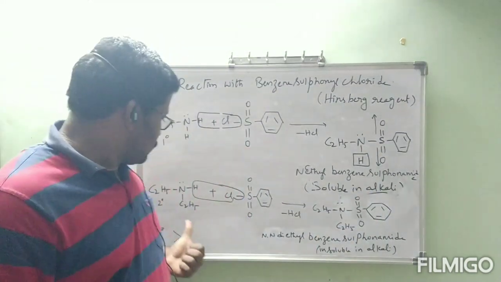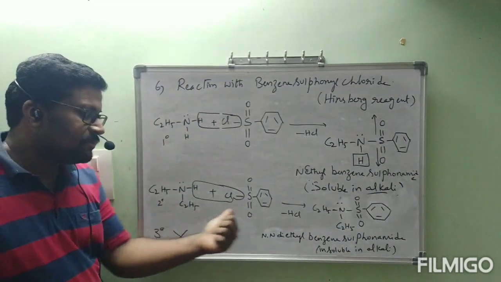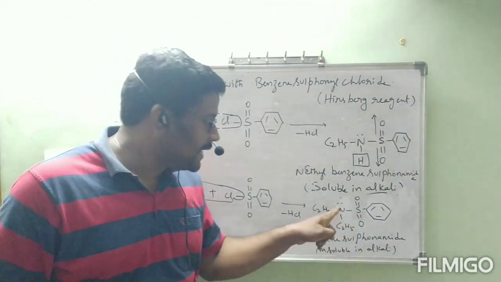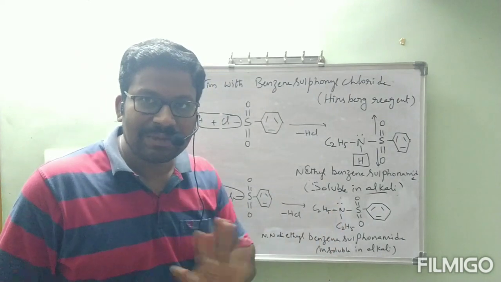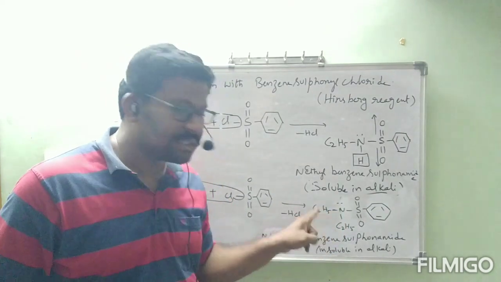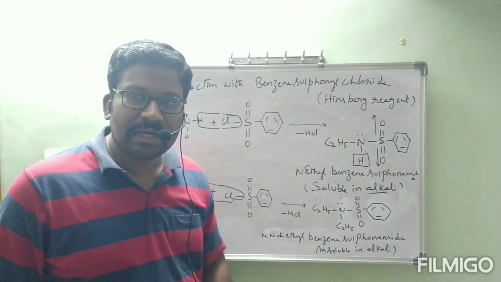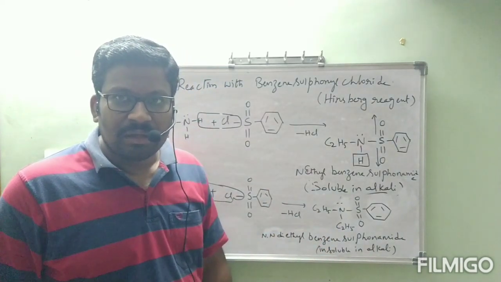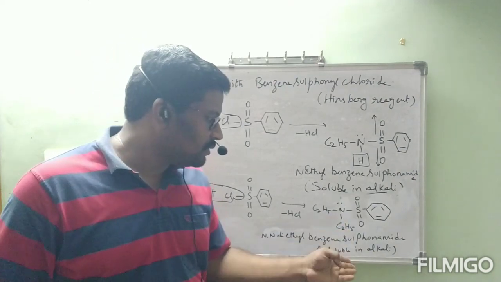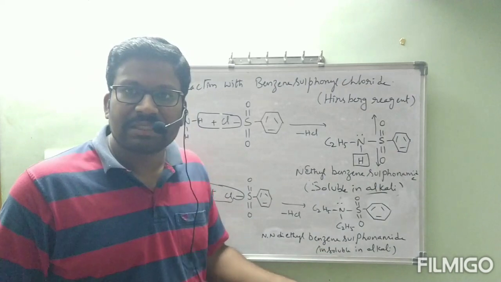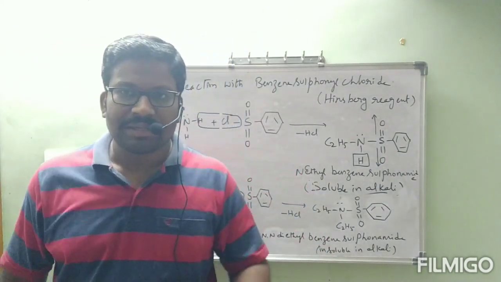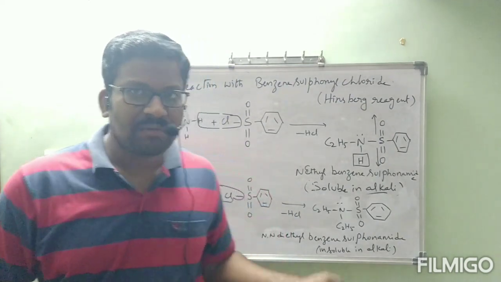But coming to the secondary amine, when it reacts with benzene sulfonyl chloride, we get a compound in which nitrogen does not contain hydrogen. Observe, this nitrogen is bonded to two C2H5 groups. That nitrogen does not contain hydrogen, so it is not acidic in nature. If it is not acidic, it is not going to be soluble in alkali. Acids, when dissolved in base, form salt and water. Correct? That is, dissolution will happen. But here, what happened?